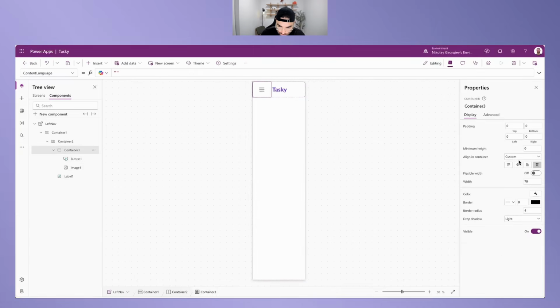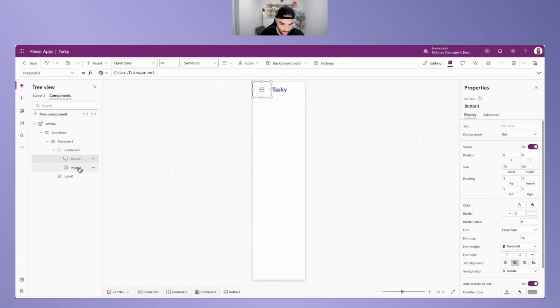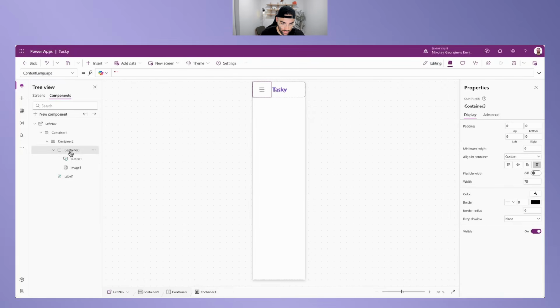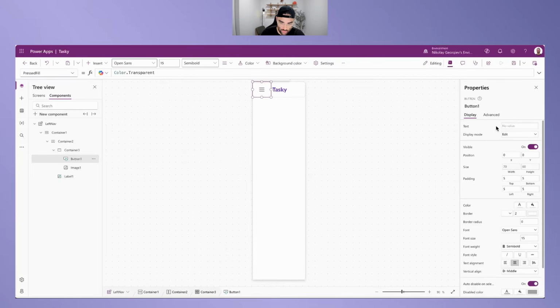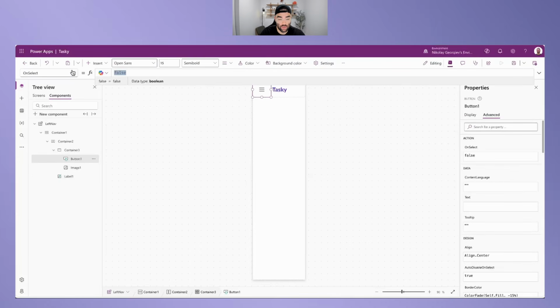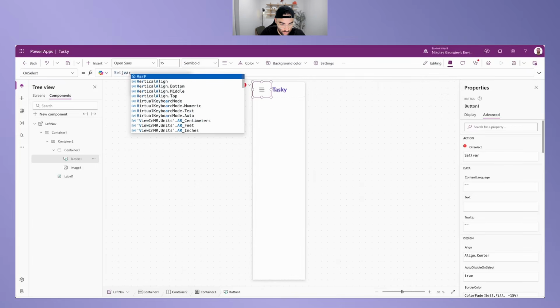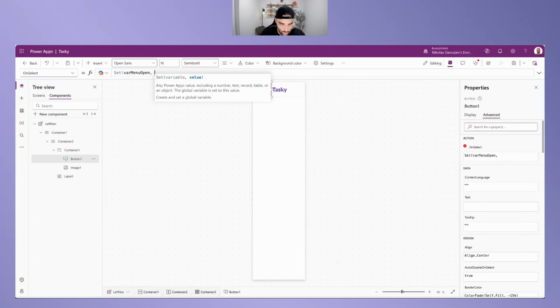And one thing for this container, we do want to make sure we turn off the drop shadow and turn the border radius to 0. And there you go. So now we have an invisible button over top of our hamburger icon, and it's all within this container. So this button now, I want to set up its onSelect properties, and this will actually toggle our menu to go from 70 pixels to 200 pixels. So we're going to do set var menu open to not var menu open. So this is sort of going to loop through the value true or false,